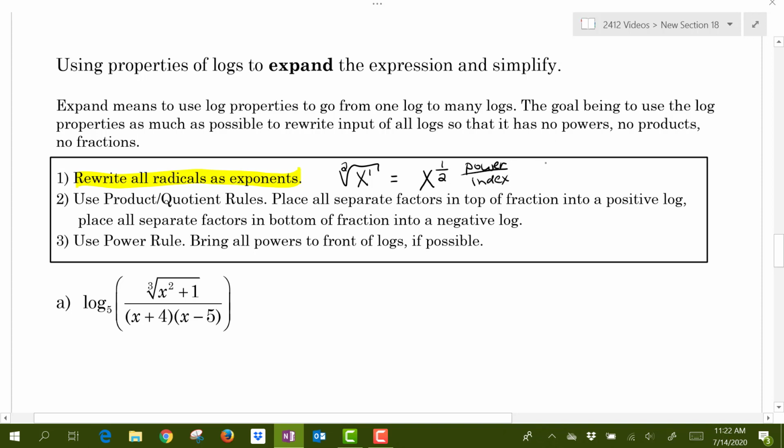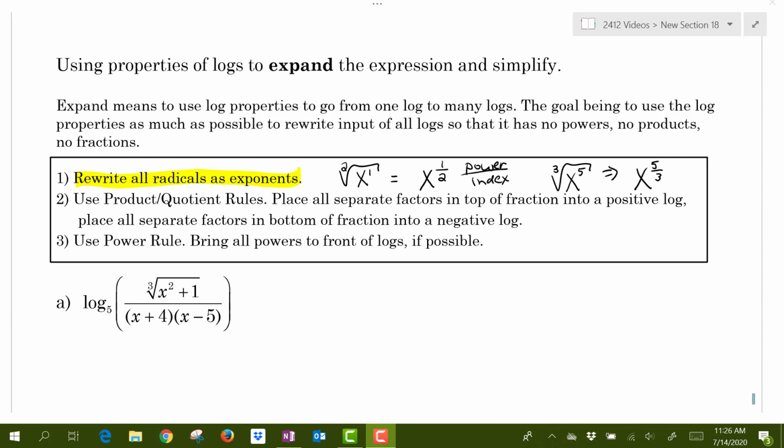Okay, if we had something like the cube root of x to the 5th power, we're going to rewrite that as x to the power of 5 divided by the index, which is 3. Alright, so the first step will be to rewrite all radicals as those fractional exponents. The next step is going to be a combination of both the product rules and the quotient rules. We're going to look inside of the fraction, and we're going to look to see what factors do we have